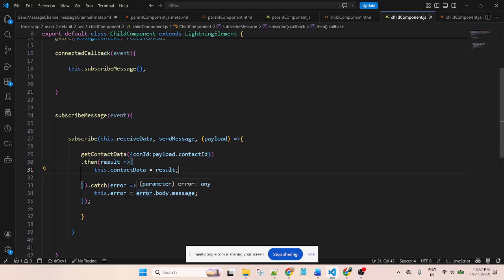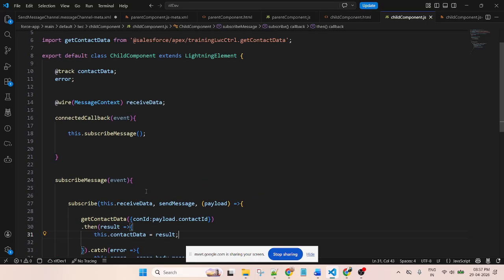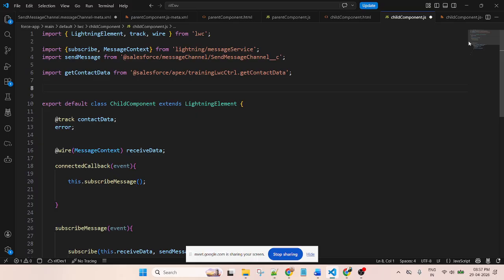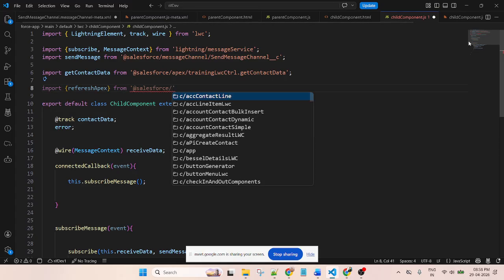So if you want to refresh data automatically, here is a module. First we need to import here. Import refreshApex from salesforce/apex.